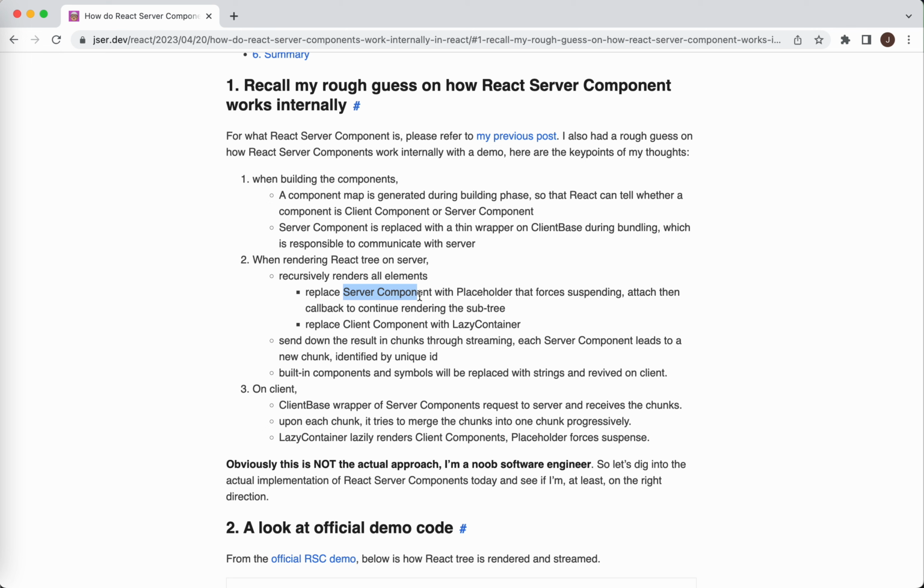By force suspending, I just throw a dummy promise. And for client components, we just replace them with a built-in client component. I gave it the name lazy container, which is built in on the client. So they will get the component name and try to fetch the source JavaScript code on the fly. And when we recursively render the React tree, each time we see some async components, we will